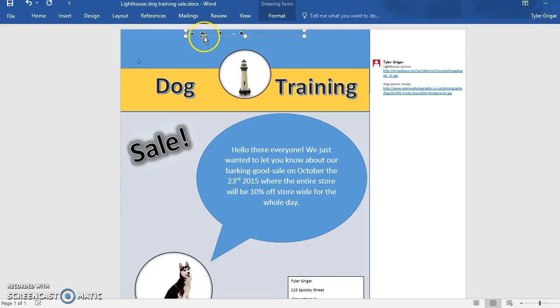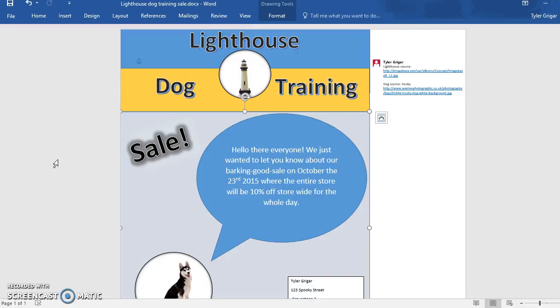And for some reason, my comments with my sources keep making my lighthouse disappear into the background, which it was not having that error beforehand. But whenever I first open the file, it does it. Anyway, for my Word flyer,